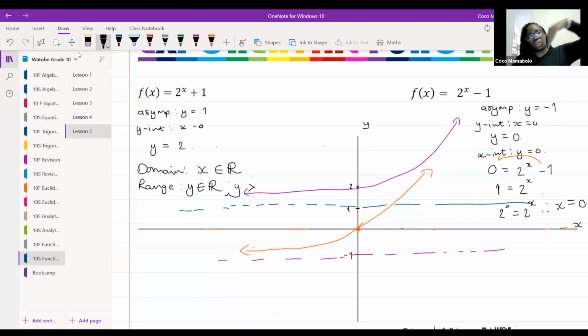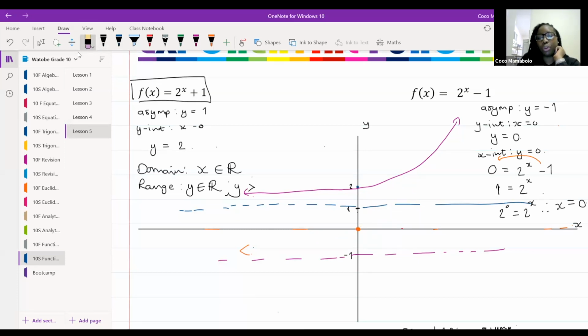My y cannot go further down than a particular number. What is that number, guys? Look at this graph over here. The asymptote tells all. No, not 0. What is my asymptote? Good. My asymptote is 1. You will notice that the graph, let me remove this orange one, the purple graph, will get as close as it can to 1, but it will not cross 1. And we don't include 1 because 1 is an asymptote. So y needs to be greater than 1. That's it. Well done. Y is greater than 1.